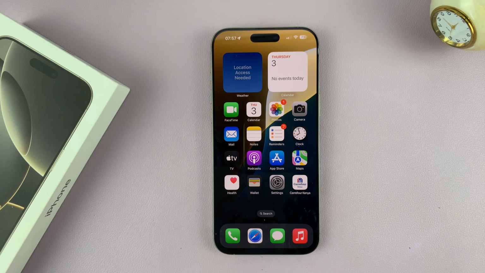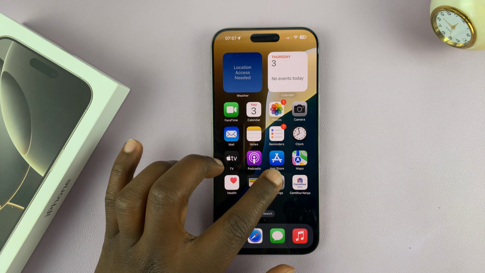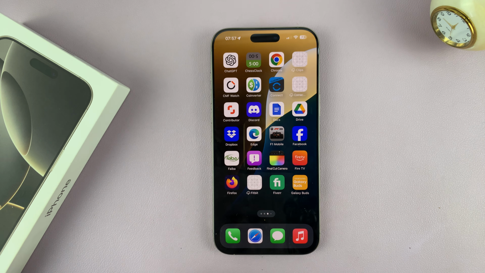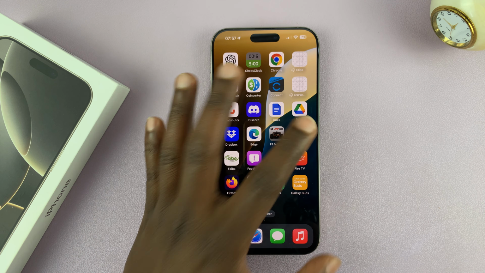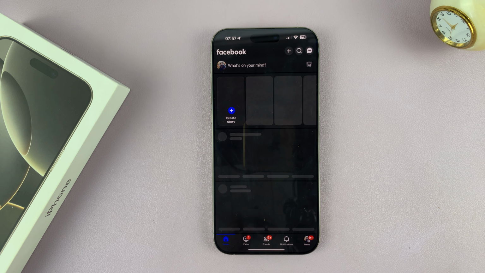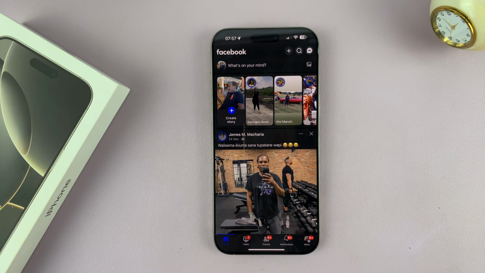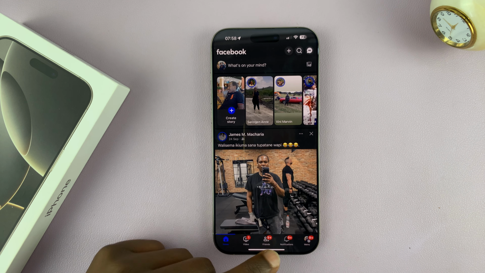In today's video, I'll be showing you how to force quit unresponsive apps on your iPhone 16 or iPhone 16 Pro. So if you have an unresponsive app, now currently I don't have one, but in case you had one, let's say for instance Facebook is becoming unresponsive and is freezing, and you want to force quit that app,